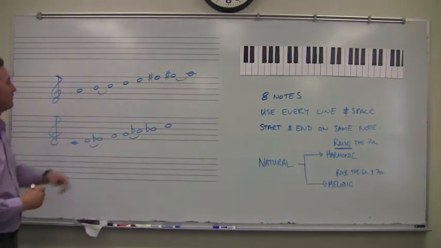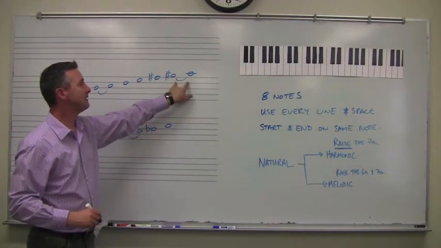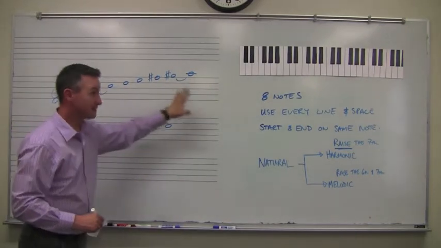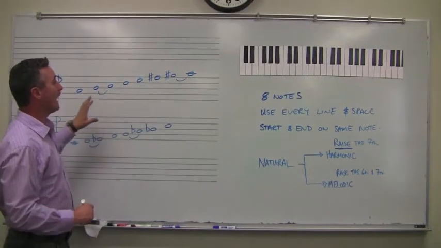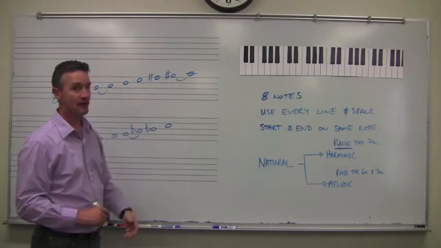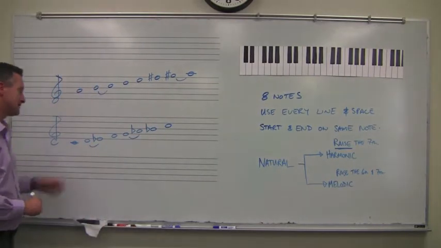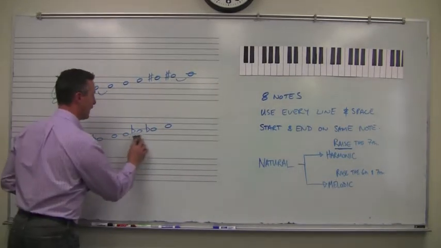So we now have whole steps here and a half step at the very end. So we have a scale which is a minor scale, but it has a raised 6th and 7th scale degree. The same thing could occur here. If I'm going to raise the 6th and 7th degrees on this C natural minor scale, what's going to happen is